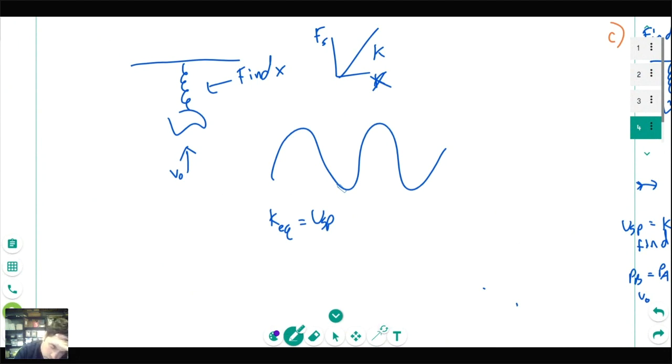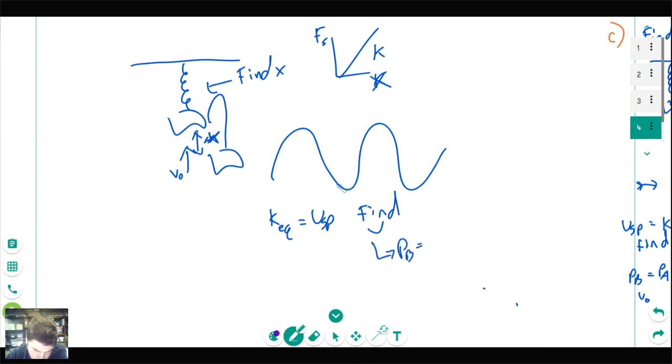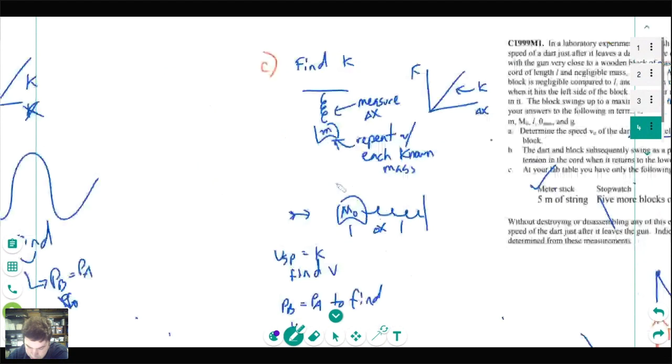So we'll let this oscillate up and then down to its lowest point. This delta h, or delta x, will let me find potential energy from that. Use the potential energy to find V, and then use V with p before equals p after to find V naught. Other options, just think about, I don't think they gave us enough stuff for it.